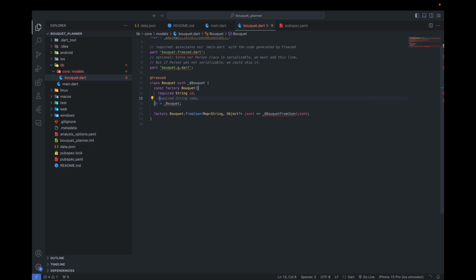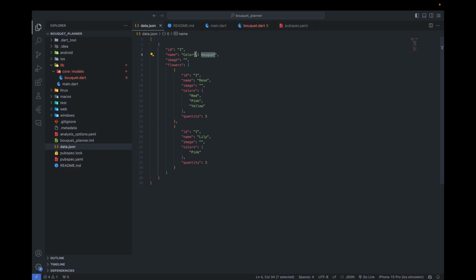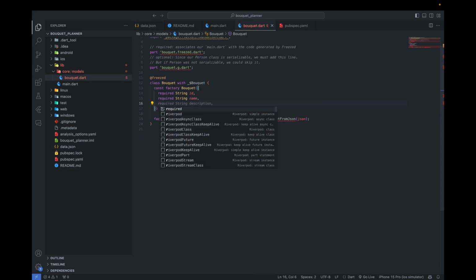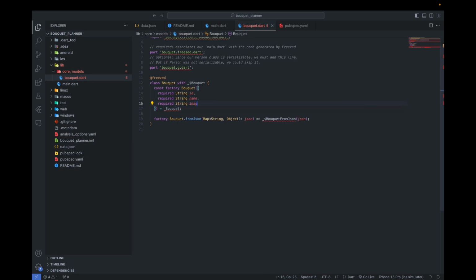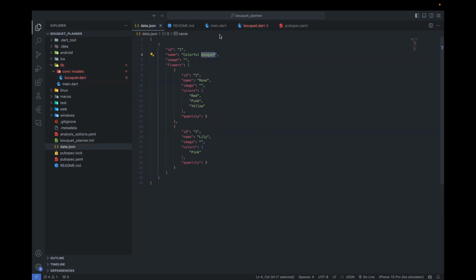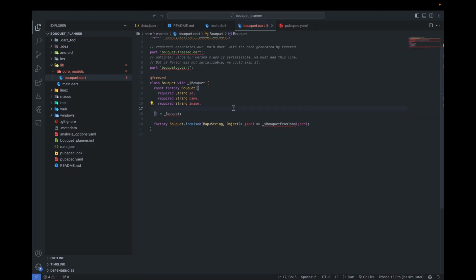Id, name, next thing is image, for now I'll keep dynamic for flowers. Okay,